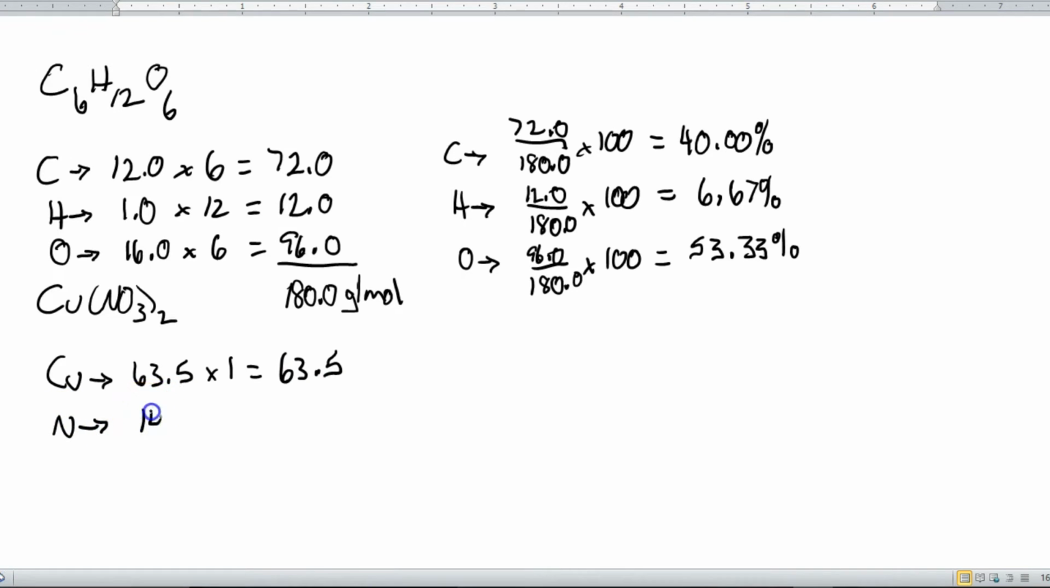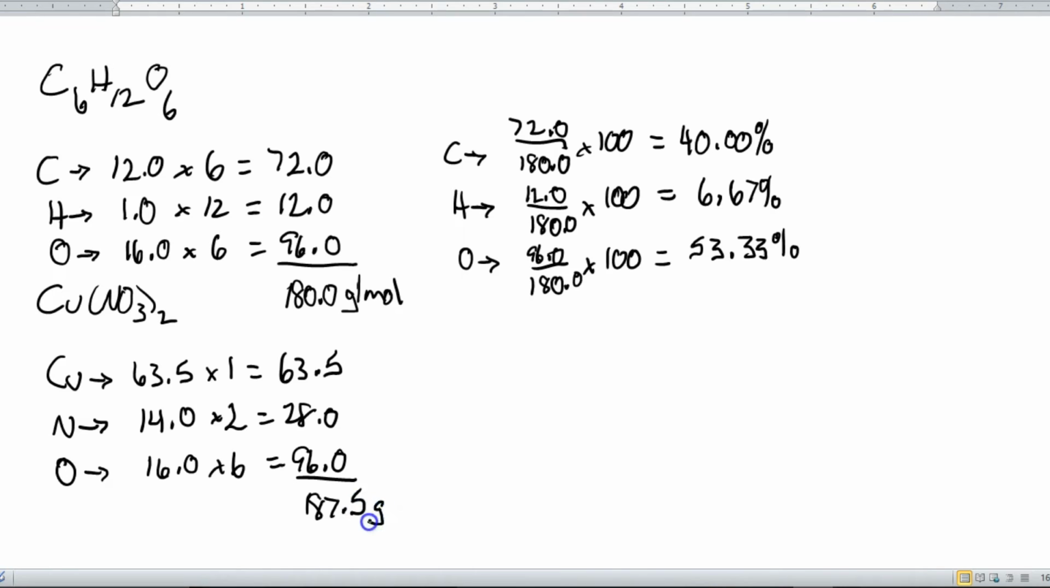Nitrogen has a mass of 14.0. Now, how many nitrogens are we going to multiply by? Well, inside the parentheses in nitrate, there's only one nitrogen, but there are two nitrates right here. So that means that overall there are two nitrogens. So that equals 28.0. And then oxygen, once again, has a mass of 16.0. Now there are 3 oxygens in nitrate, but again, there are 2 nitrates, so we multiply 3 times 2 to get 6. So same as before, 16.0 times 6 equals 96.0. And now we just add everything all up together, and that equals